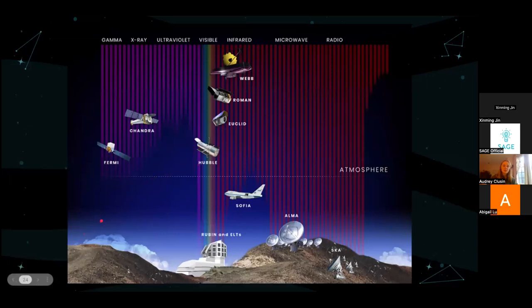Anyways, here's another little image of what types of light can reach the atmosphere and where telescopes are positioned based on the type of light that they're studying. As you can see, James Webb is an infrared telescope, and Hubble is actually studying visible light, but it's in space. Anyways, there aren't as many telescopes that are studying higher energy light, but two are the Fermi and Chandra telescopes. At one point I knew what they were studying, but they're studying things that are probably hotter and emit higher energy light. Anyways,